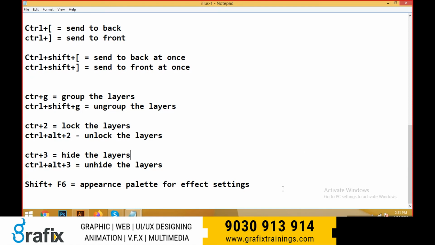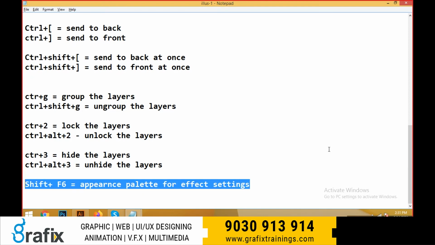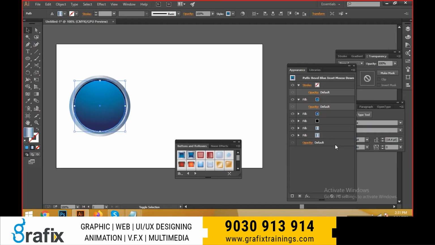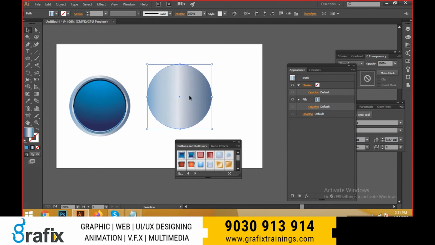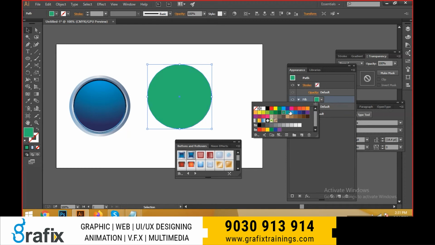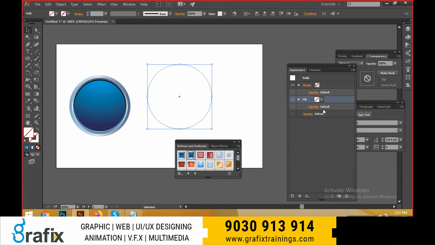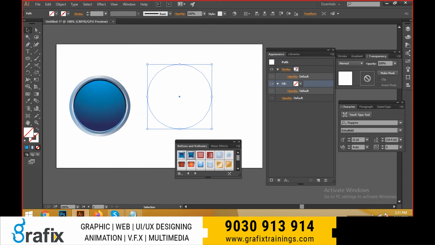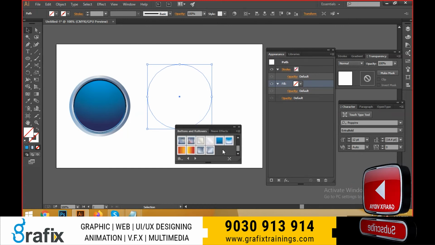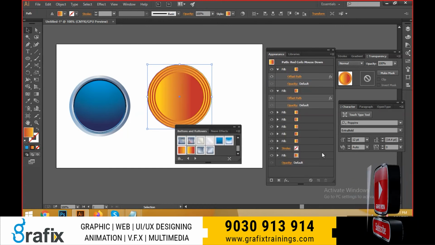That's great. Now I'm using Shift F6, the appearance palette, for effect settings. Select this one and make it FX, where the effects were applied. It is a normal object, guys. Here we have only the fill option, that is a gradient option. We can see here directly. I can select and fill the colors here directly. If you don't want this one, I can select this fill and delete it in this appearance palette directly. And now I can select this one and make it some gradients like this.